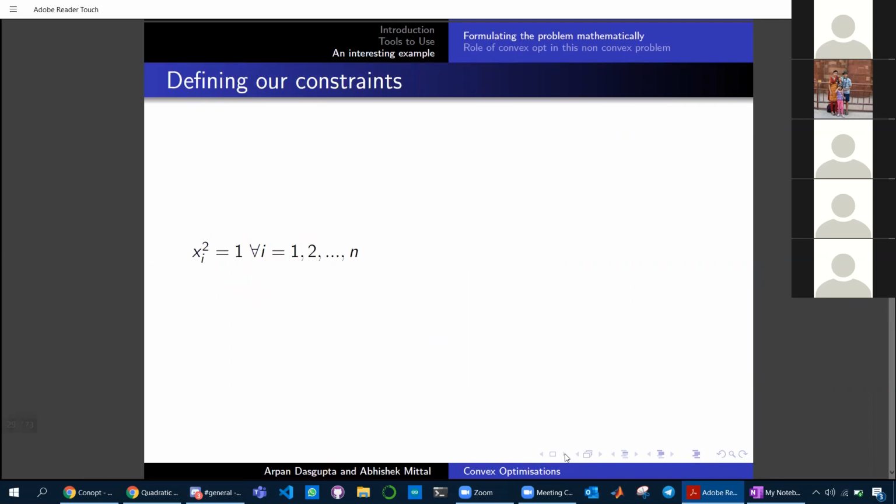Now we're going to define our constraint functions. Our constraint functions tell us the feasible set, the set of feasible solutions. Since I've considered group 1 to be represented as -1 and group 2 as 1, the only constraint function that I have is that my xi square should be 1, precisely. There are many other ways in which you could have denoted your constraint function. You could have said mod of xi equals 1, but this is much more preferable, as you will see later, because this is continuous and differentiable, and if you try to do it in some other way, it gets a little bit messy. So I'm going to define my constraint function like this.